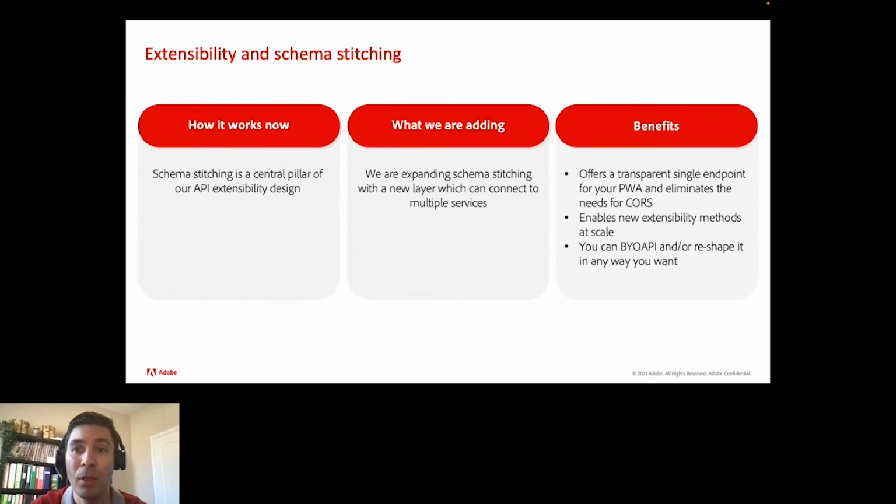This is true in our current platform, and it will continue to be so for the new extensibility platform that we're building. We will continue to have API stitching in the legacy platform, but now you will be able to mix different services which are deployed separately, including the core. These services can look like Live Search, product recommendations, or even AEM SIF.